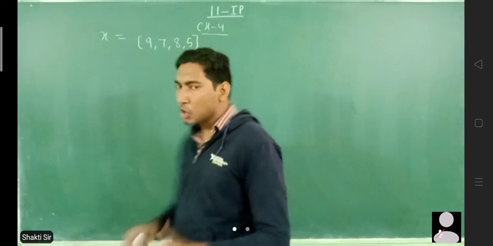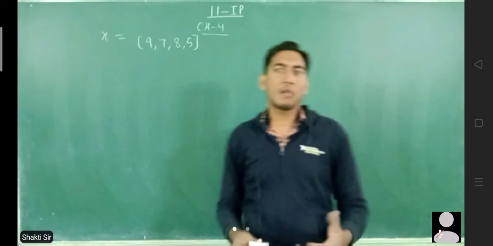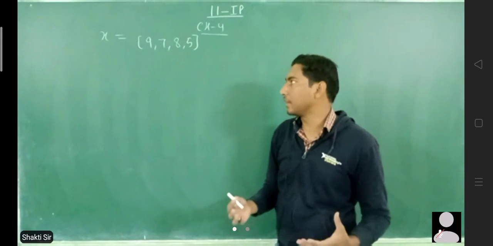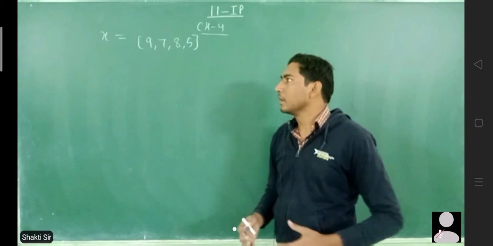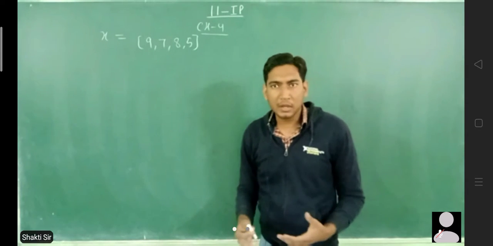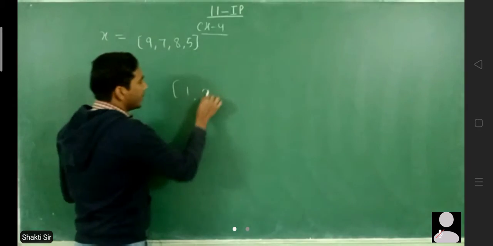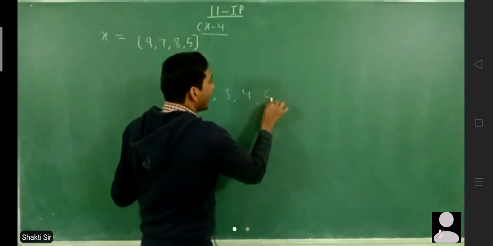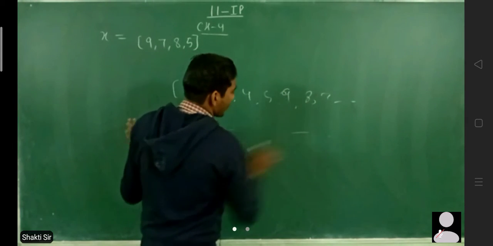Yeah. So how do I know that? How do I know that basically this is a list and what is the number of items? The number of items is 4. Suppose you are given a long list, then do you manually count the number of items? Suppose I have this much of a long list. 1, 2, 3, 4, 5, 9, 8, 7. Okay.